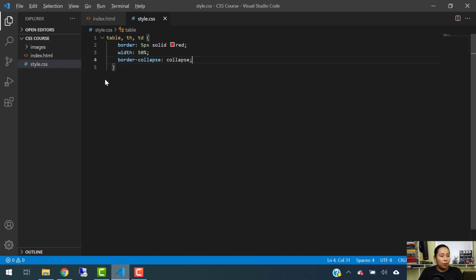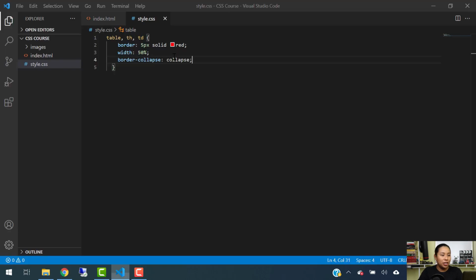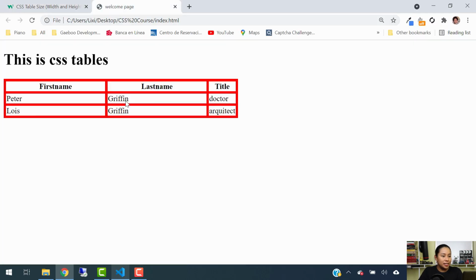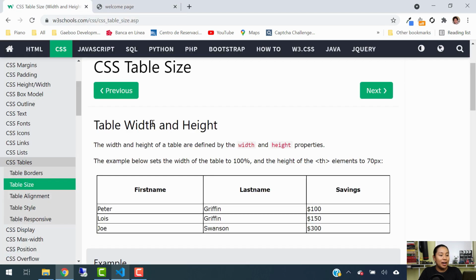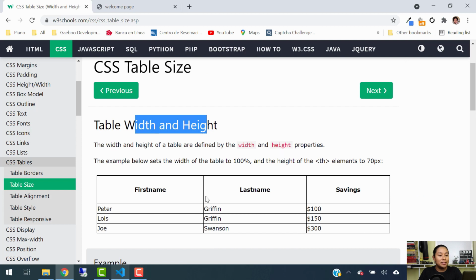So we have here our table already set. If we want to give it a different size to each value, as an example, to the table head, I want to make this a little bit higher, right? I can use the width and height property to apply that. I already showed you how you can do the width of 100% to the entire window and 50% if you want just half of your window size. But you can also apply some height